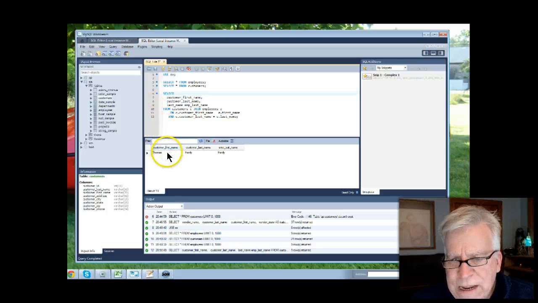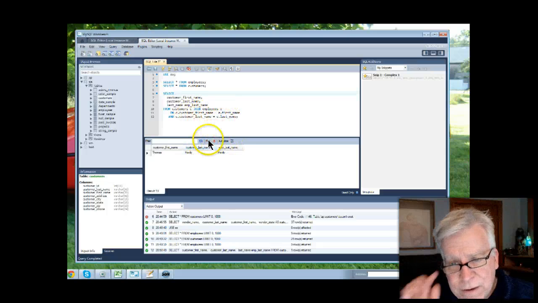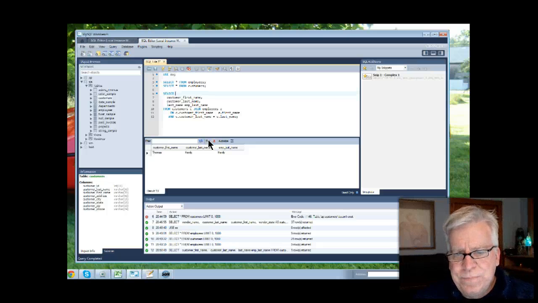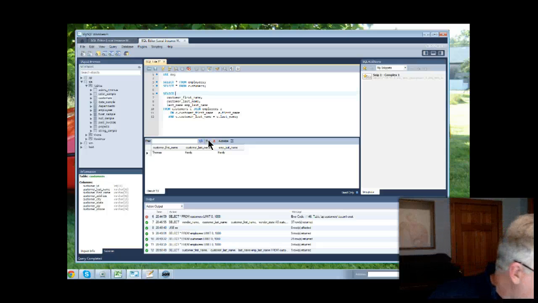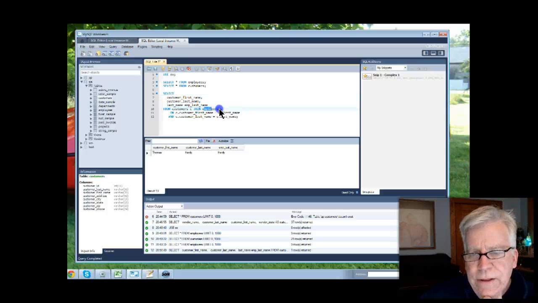And basically what we're getting is where the customer first name equals the employee first name, and the customer last name equals the employee last name. So we're getting Tom Hardy, who happens to live in both databases here. I don't think we'd really do that a lot, but the point is that what we're showing is a compound join, where we're going from the customers table and joining the